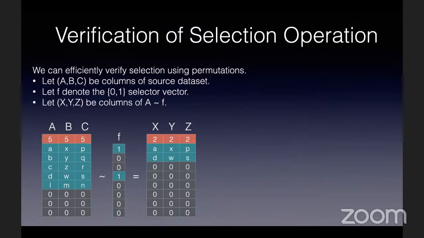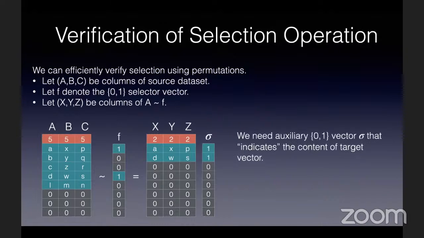And this is hard because, as we said, we have to capture this relationship. Let's say we are trying to verify the relationship that, given a vector F and some source data set ABC, the resulting data set is XYZ. We said that we have to express our equations in the form of addition and multiplication, but it's not immediately clear how you express this filtering as addition and multiplication. So we need some tricks of the trade for that.